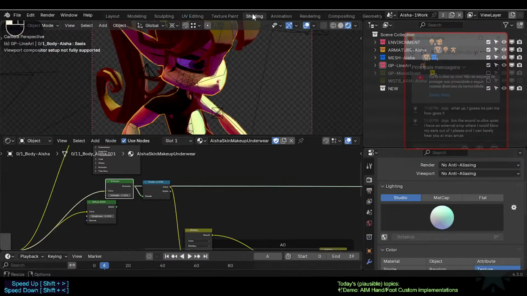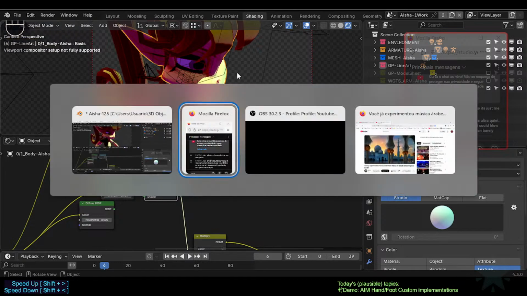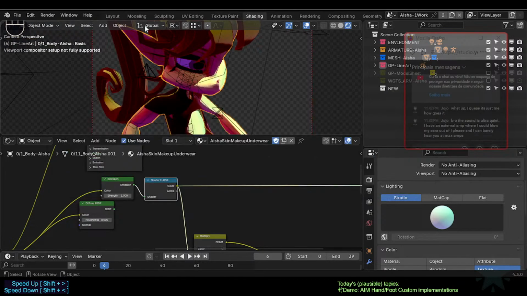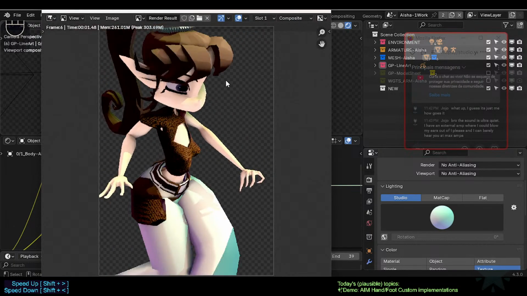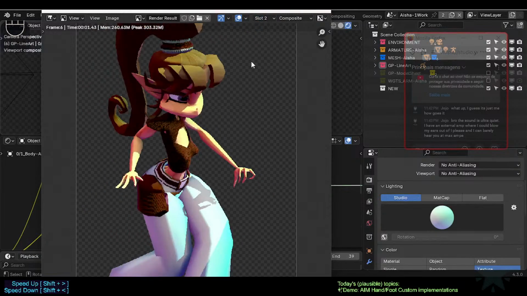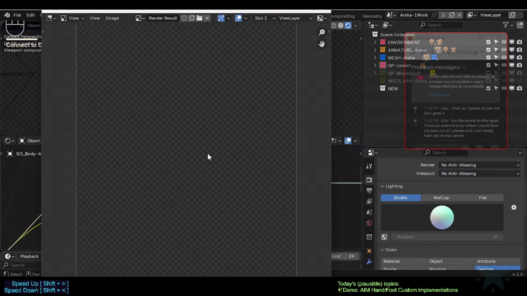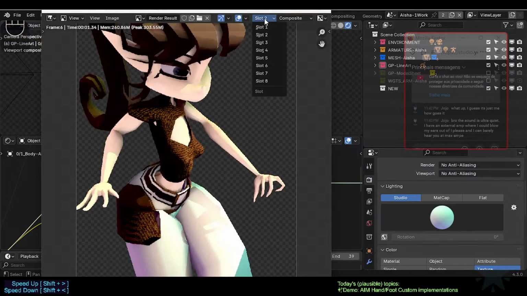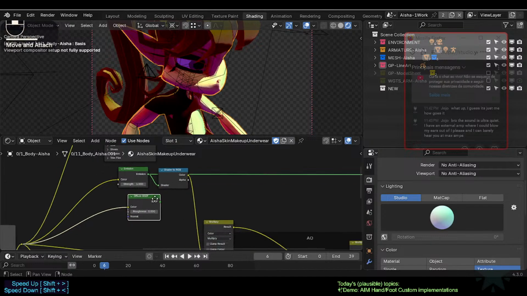Let's go back to the shading. So yeah, maybe this is better. Let's get here. I won't be able to compare. Yeah, we need to compare here. So this is the slot 1. Let's remake for this one. So this is slot 2. So you see there's no difference right now, but so the idea of